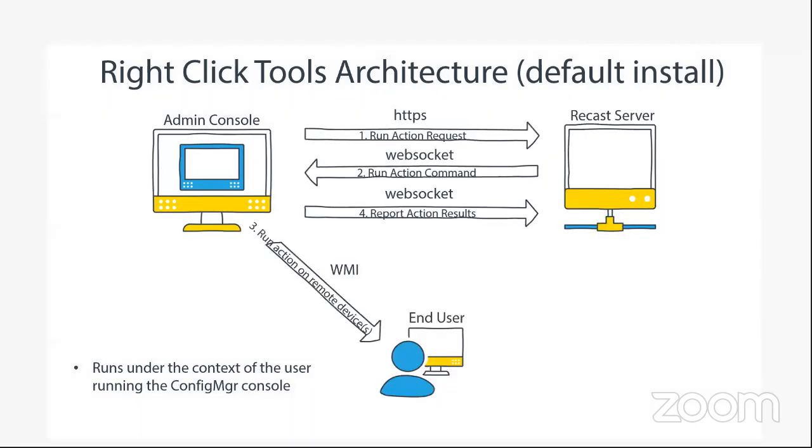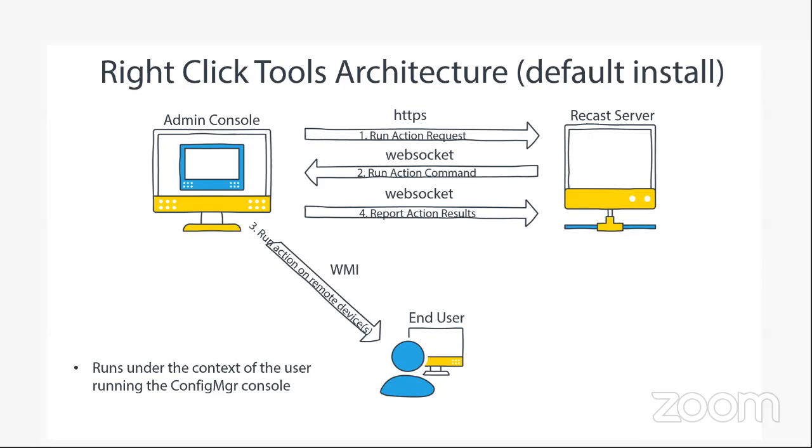When you add Recast management server into the mix, things change a little bit, but the overall result is the same in a default Recast management server installation. So out of the box, you install Recast management server. It will actually send all of the actions back to the right-click tools. So the flow works where the user runs an action. The action gets sent up to the server. The server does a bit of processing on the action to determine, all right, does this user have permission to run the action? It logs it to the audit log, and then it goes through the Recast management server routing layer. And the default set of routes on Recast management server are configured to basically send it back to the